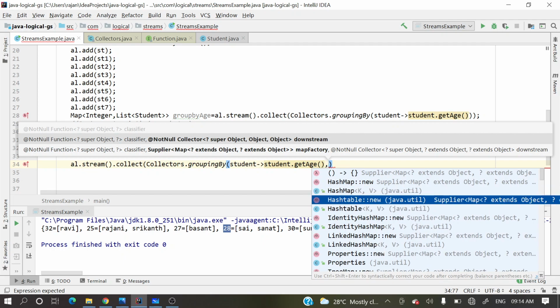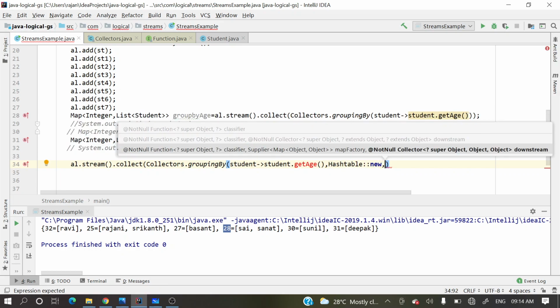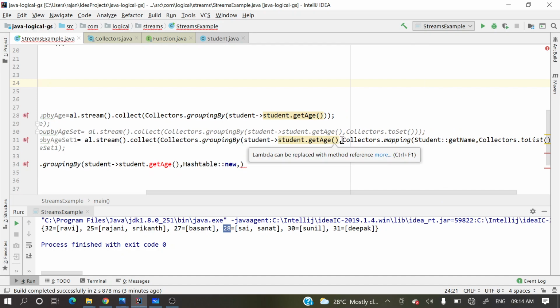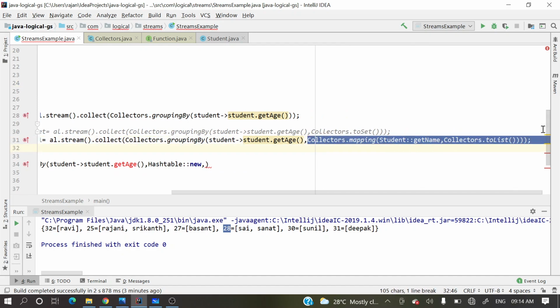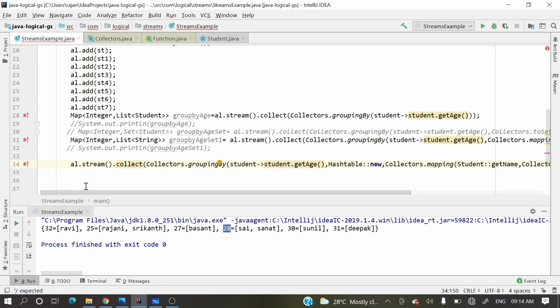Let's take Hashtable. What do you say? Okay, let's take Hashtable. This reduction operation I am providing, I am not writing anymore. Here we go, and let's store this one to a Hashtable.